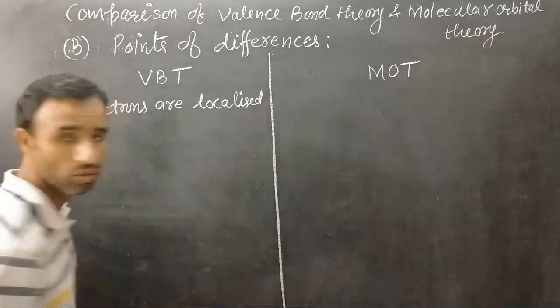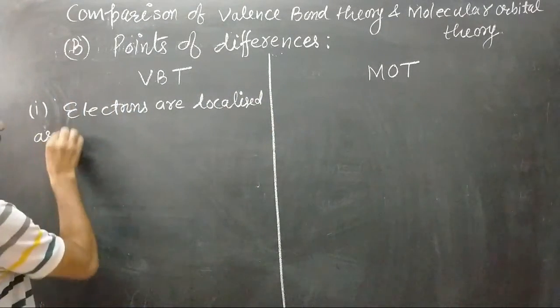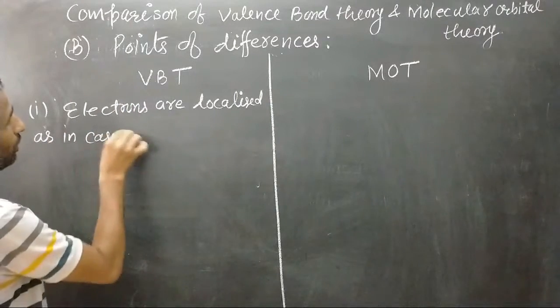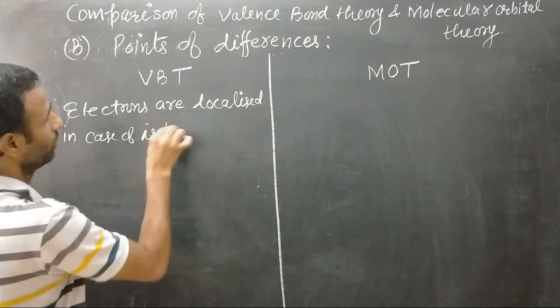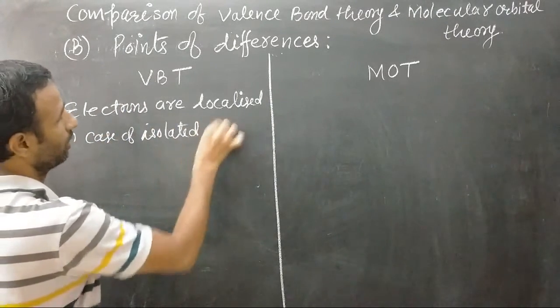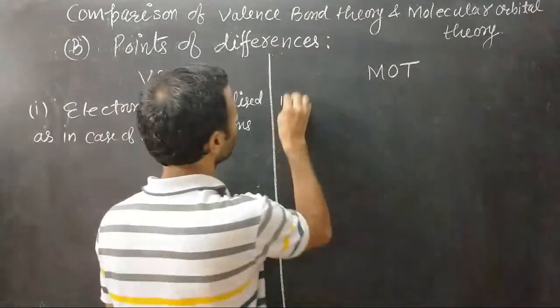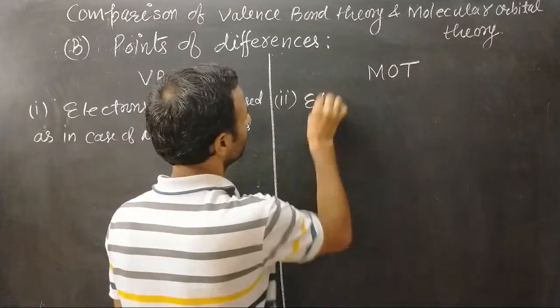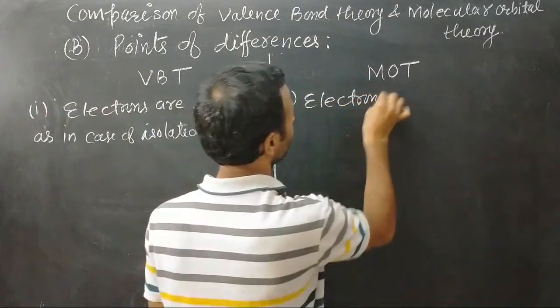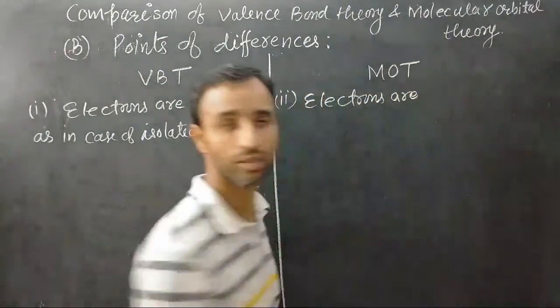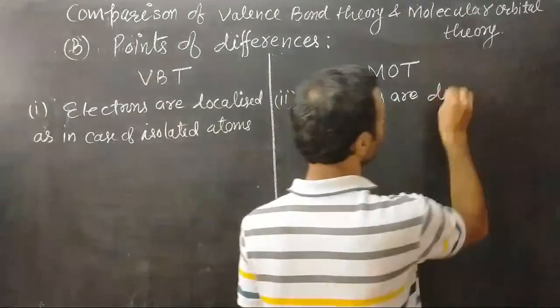Electrons are localized as in case of isolated atoms. Means electrons are not delocalized, but according to MOT, electrons are delocalized